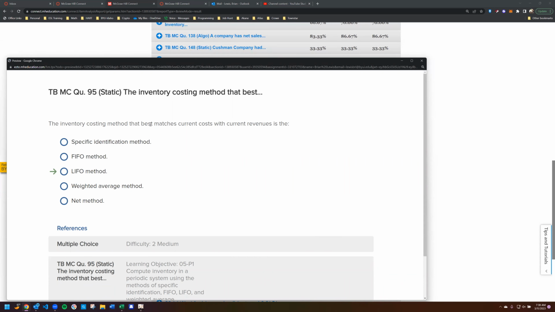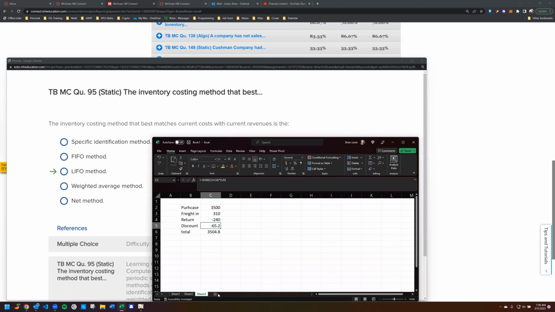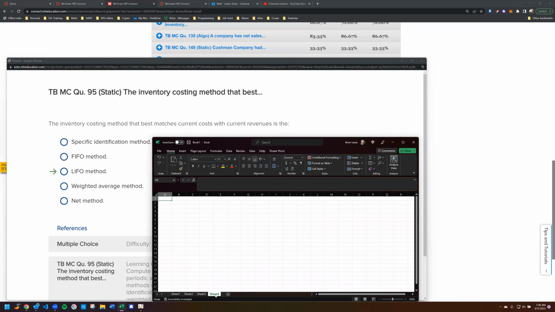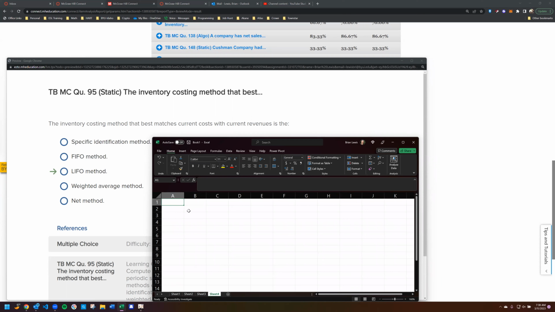Okay, the inventory costing method that best matches current costs with current revenues is, ooh, okay. Huh. I'm not sure if I can actually demonstrate this. Current costs with current revenues. Okay, maybe if I just have to work this out in terms of inventory views. So if I buy something on 3/1, let's say 23, right? If I buy something, say 5 units at 60 bucks,